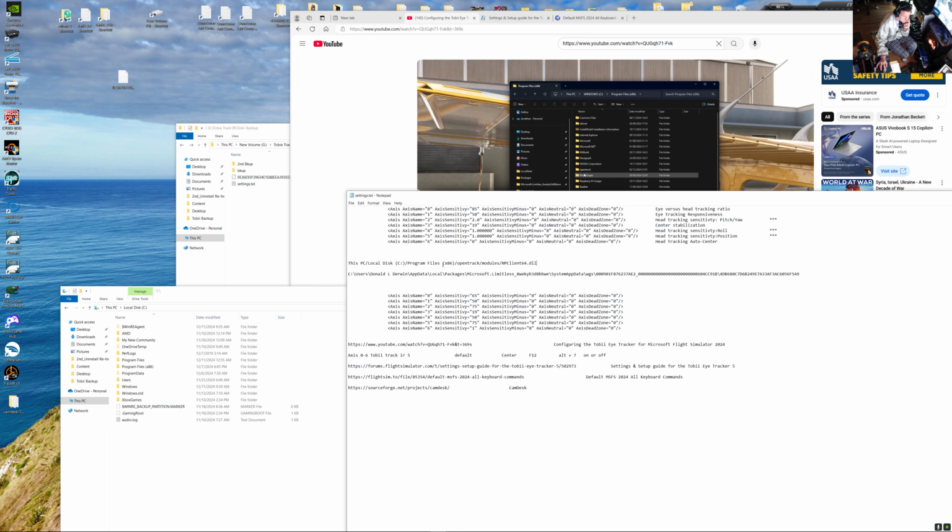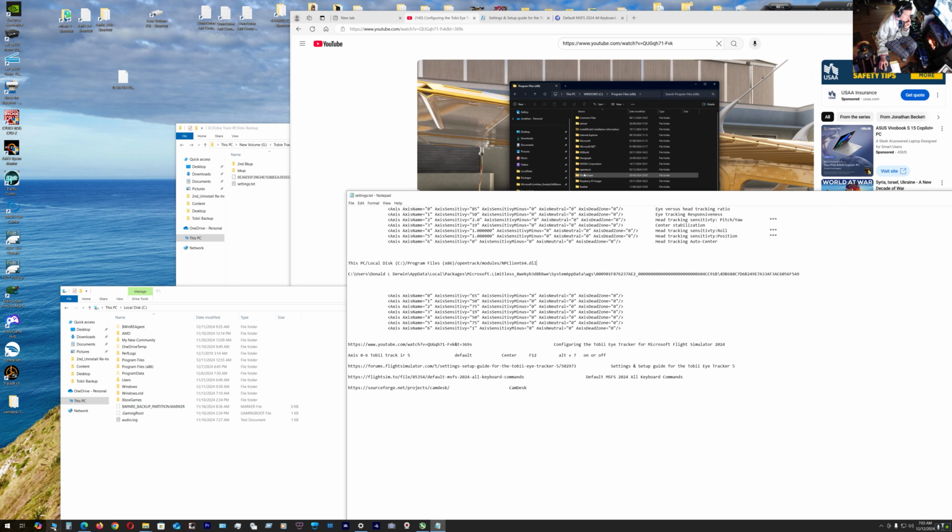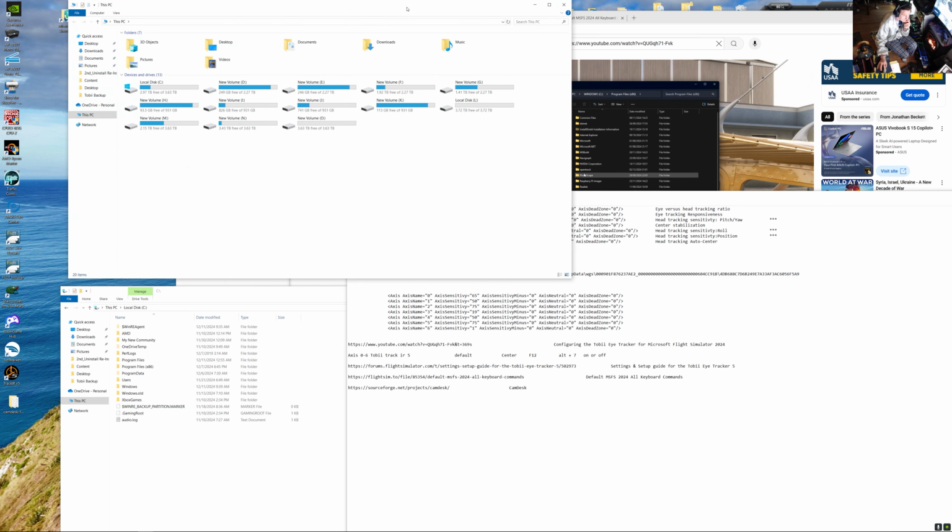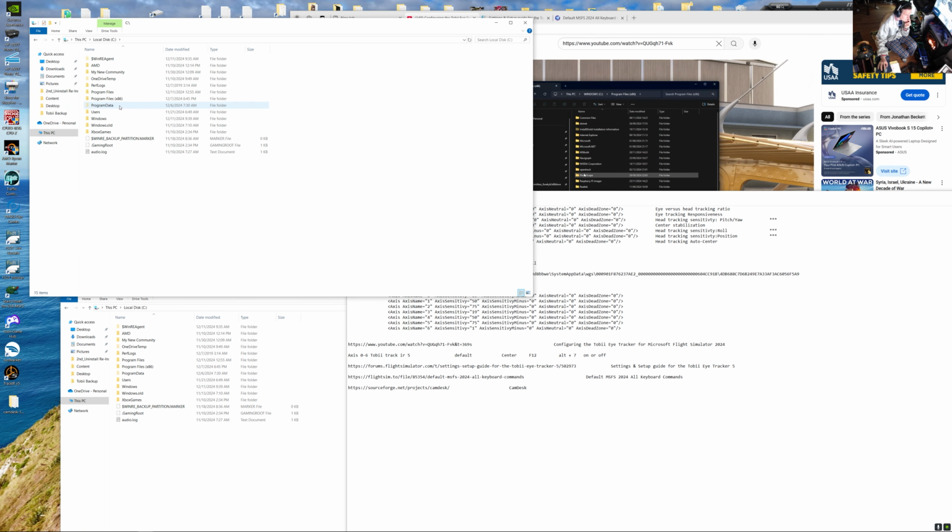Go to This PC, Program Files x86, opentrack, modules, and change this. So here, x86, then opentrack,